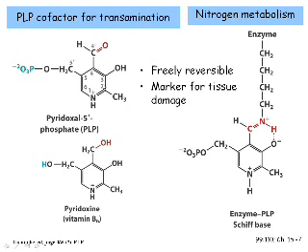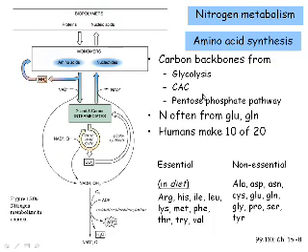Transaminase is a good marker for whether or not tissues are intact. If you've damaged muscles or if you've damaged the liver, those organs can just sort of leak because they're damaged. And one of the enzymes that will leak out is a transaminase. So it's a simple reaction to test for as a marker for whether tissues are intact. So now we have nitrogen in a form that's biologically accessible.